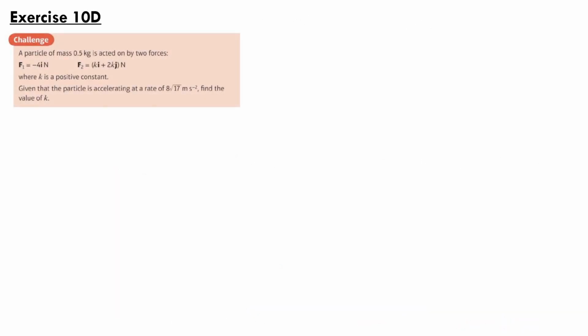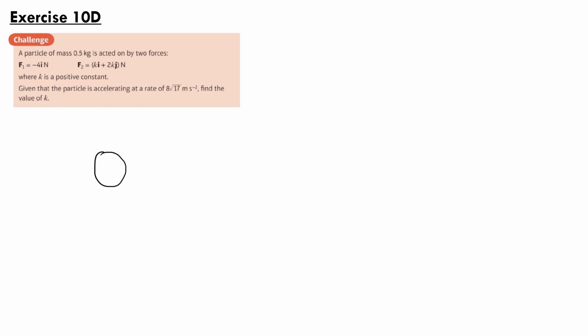Our next question is from exercise 10D. A particle of mass 0.5 kilograms is acted on by two forces. F1 equals minus 4i newtons and F2 equals ki newtons plus 2kj newtons, where k is a positive constant. Given that the particle is accelerating at a rate of 8 root 17 meters per second squared, find the value of k. So if we draw this particle out,